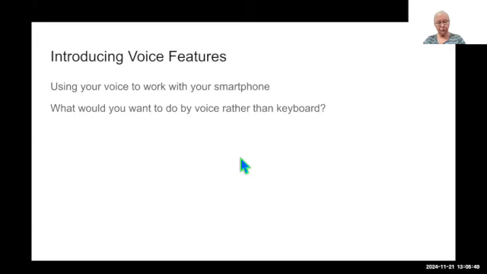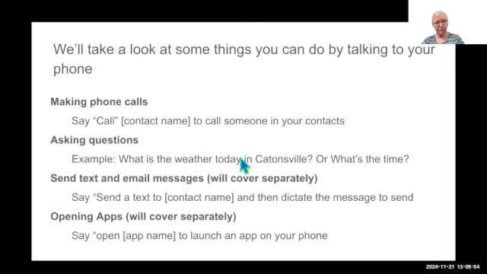Introducing these voice features: what are the things we want to do by voice rather than keyboard? Making a phone call. If I have my phone with me, and you can see me holding my phone while you're looking at the slides,